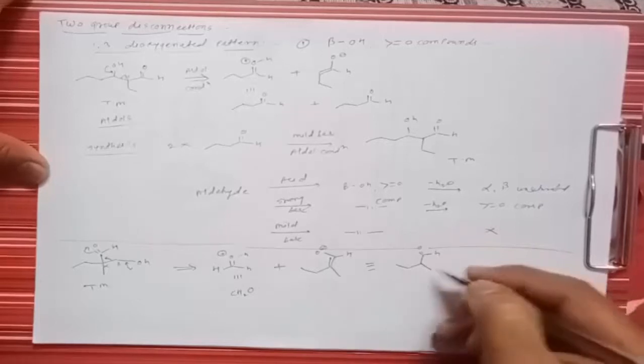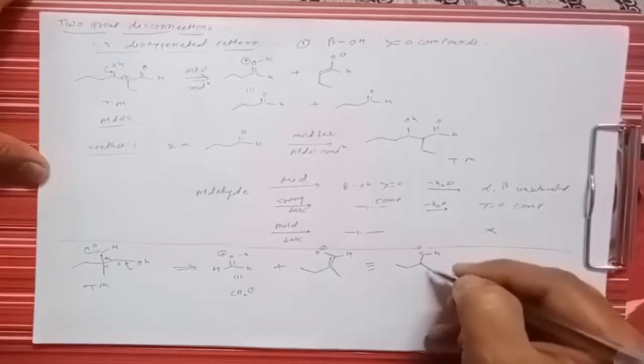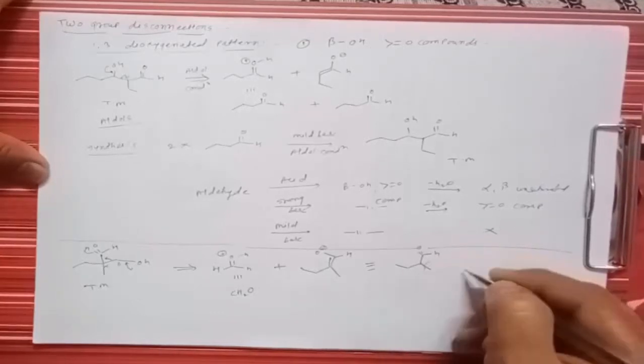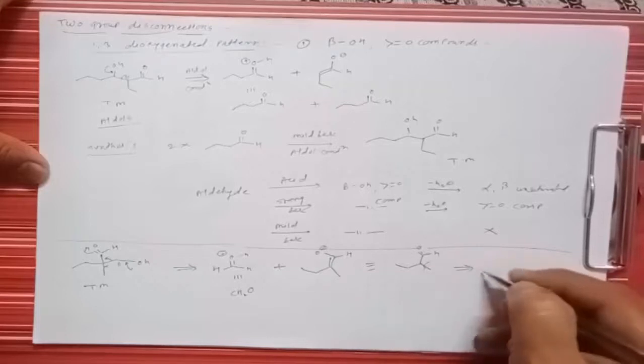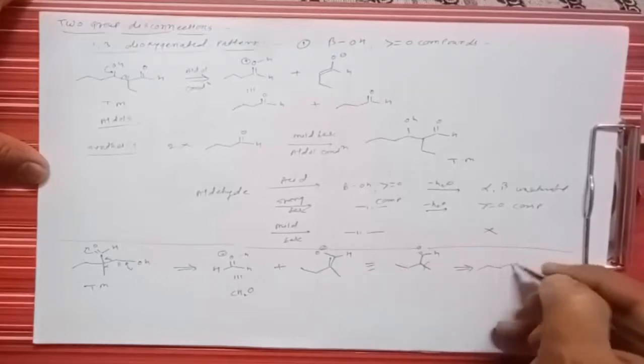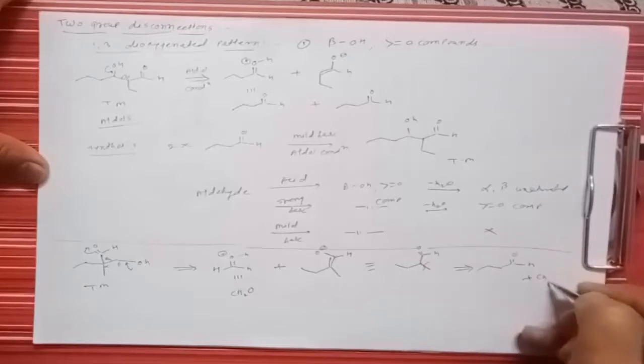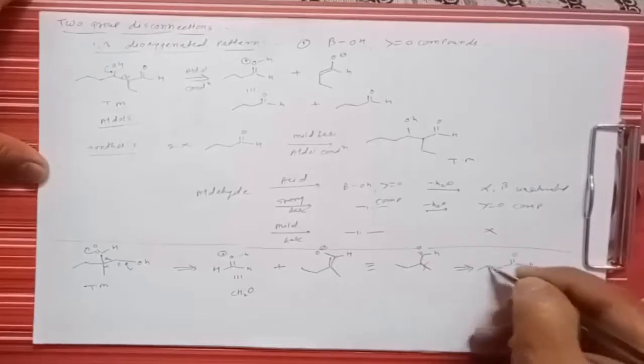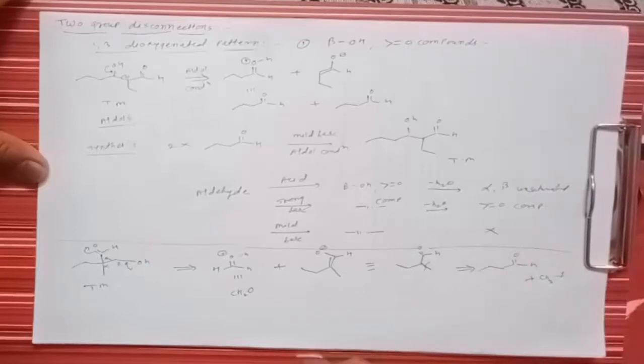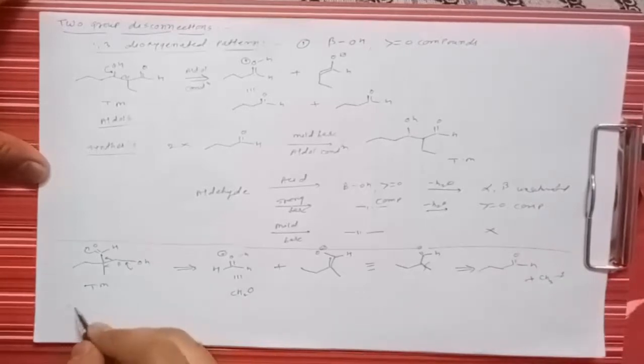Right. Now we can break the alpha substitution by simply breaking this. So that means it gives an aldehyde functional group in this way, along with the formation of a methyl iodide. That means 1, 2, 3, 4, that is butanaldehyde. If we go for synthesis,